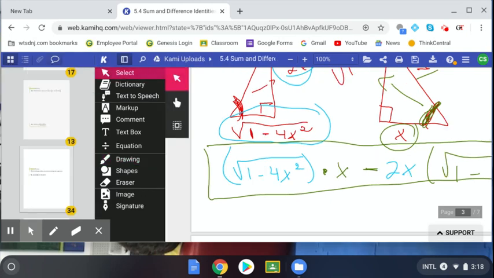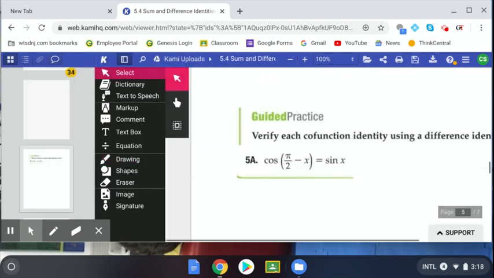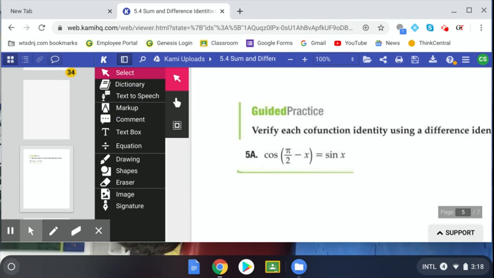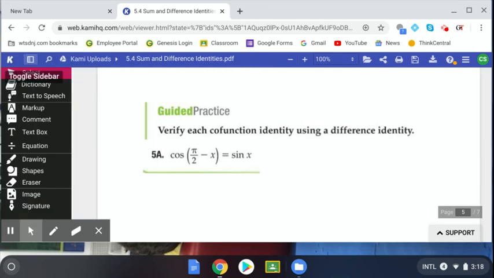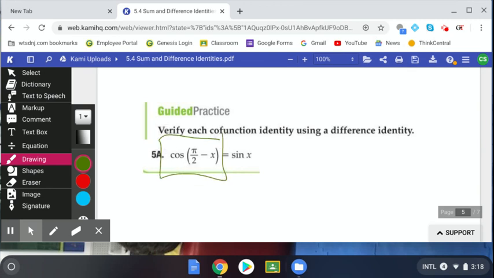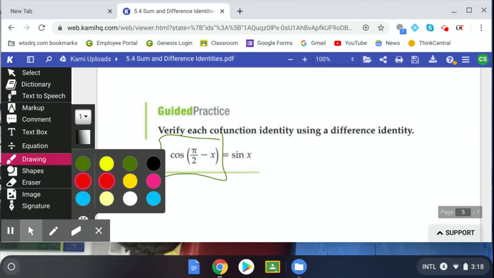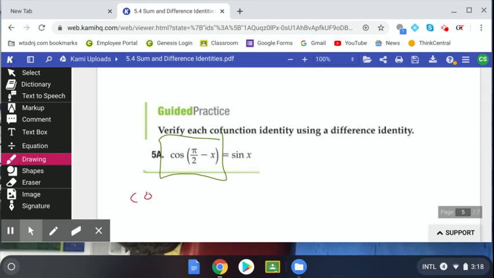Moving on to 5a, which you will be asked to perform. This is asking you to verify each co-function identity using a difference identity. So what they want you to do is show that this equals sine x. So it's the cosine of a difference. Cosine of a difference would be cosine of the first, cosine of the second, plus sine of the first,